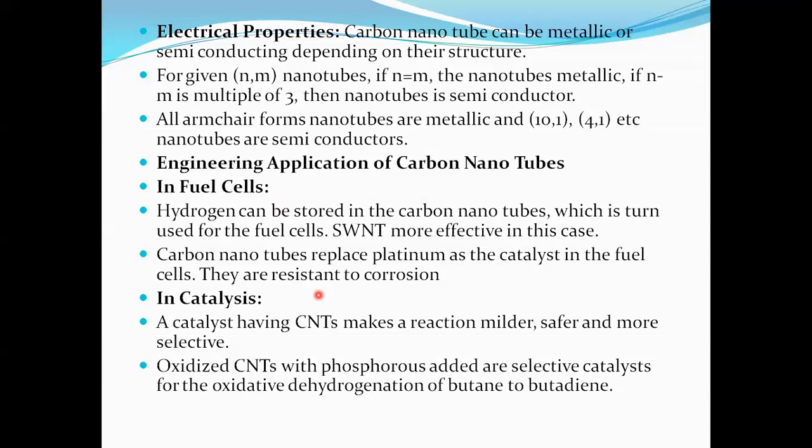Next, what is catalytic activity? I will tell you about the catalyst. The first point: a catalyst increases the rate of reaction. Number two: a catalyst decreases the reaction time. Remember, a catalyst increases the rate of reaction and decreases the reaction time.